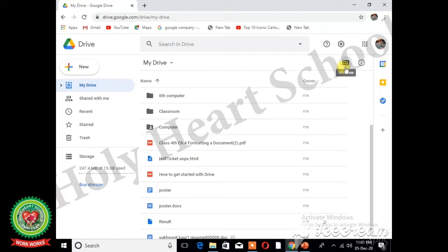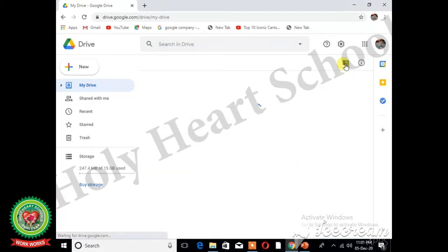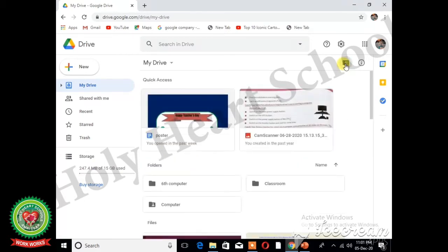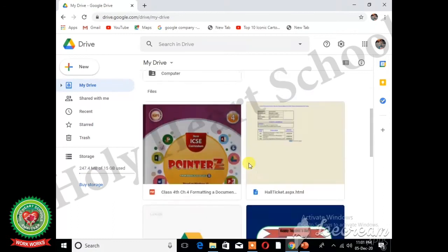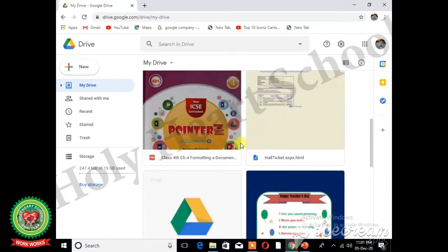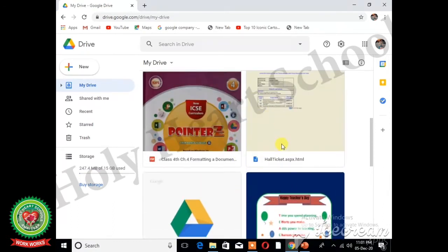When you click on this icon, it will display the small image view of your files and folders. So by using two views, that is list view and grid view, you can see the appearance of your files and folders in Google Drive.